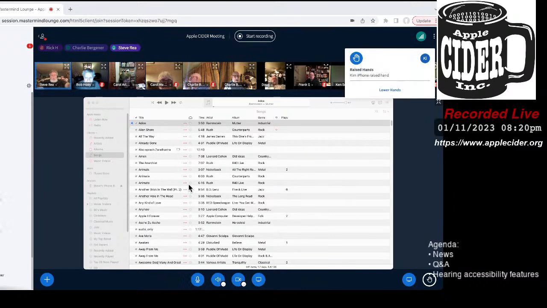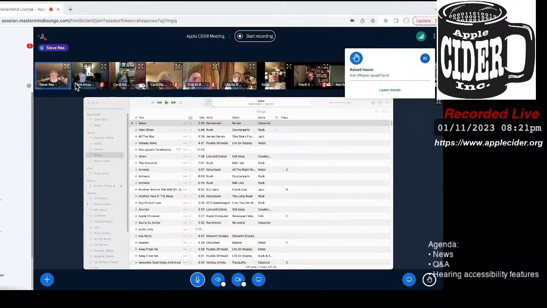Now, if I turn home sharing on, so I've been playing with this home sharing. If you have multiple devices, you can turn on home sharing and see all of your music on all of your devices.